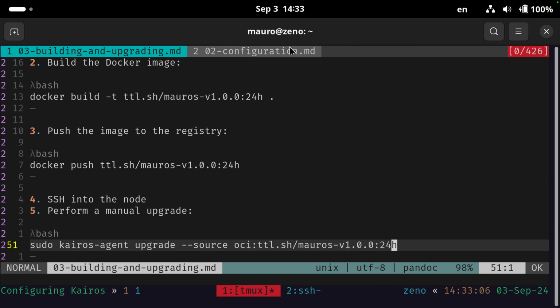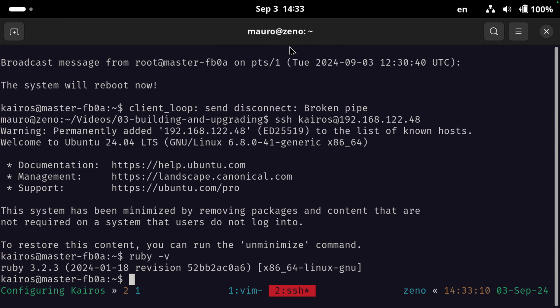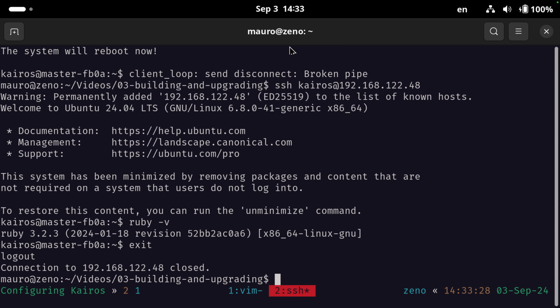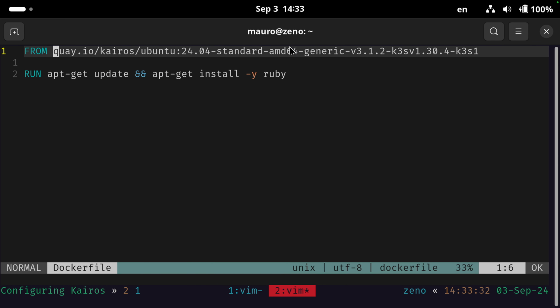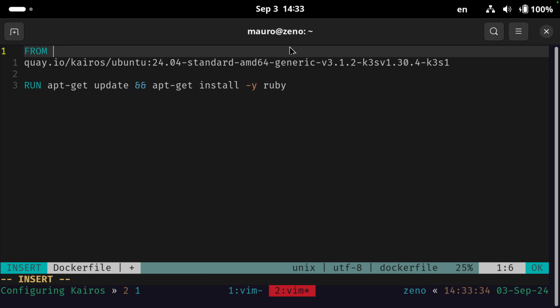In this way, you now know how to build your own images, customizing them based on other Kairos images or images of your own. You could have as well, for example, on the next version of your Dockerfile, you could easily, oh, sorry, I am in the image, yeah. So in the next version of your Dockerfile, you could, for example, base it here on your